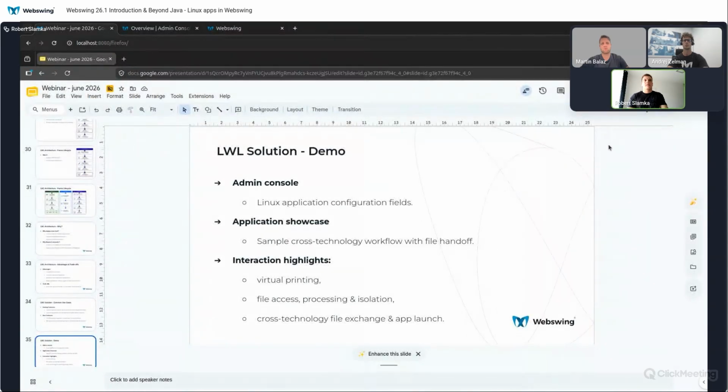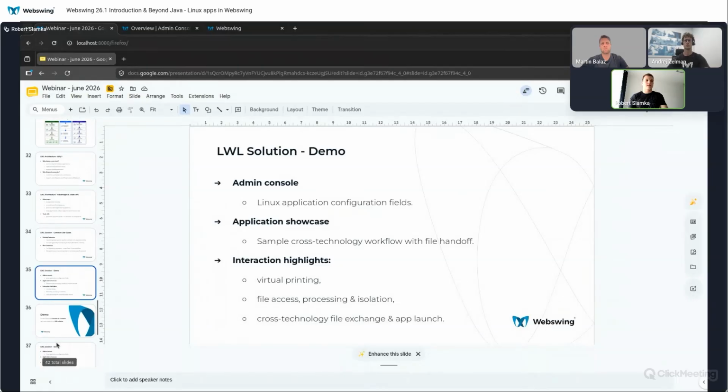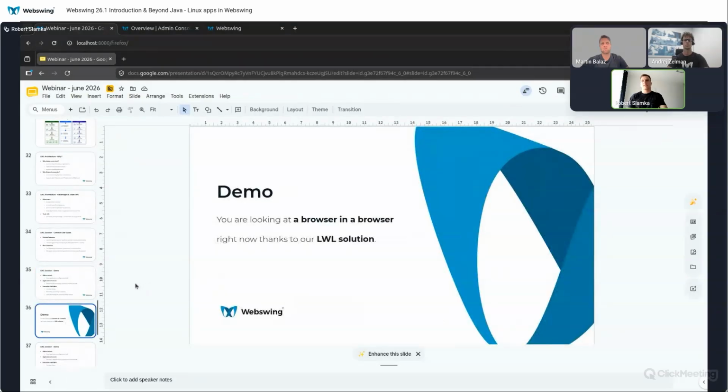Firefox that was running inside of a Chromium thanks to our solution. And as you could see, the presentation was running perfectly fine. You could see the output and we could switch those slides. And you can also see that the browser itself is also perfectly fine. So with that being said, we can move to the next part of our demo and take a look at